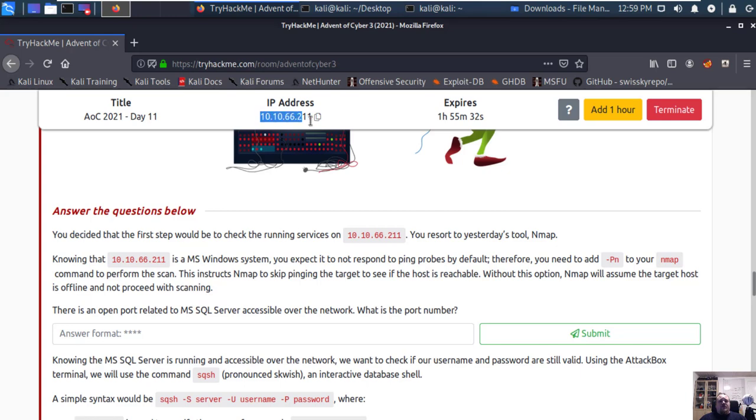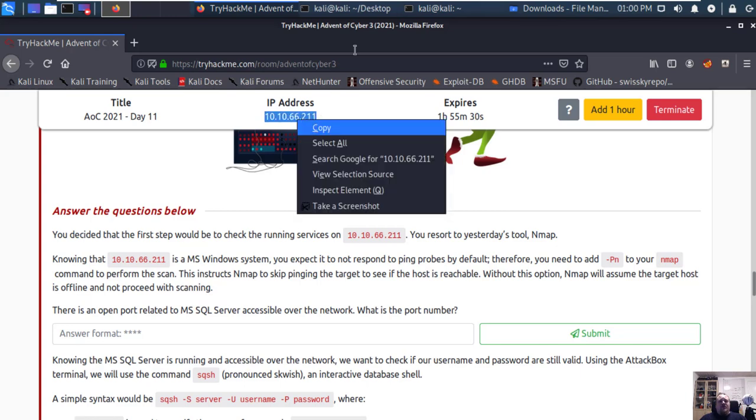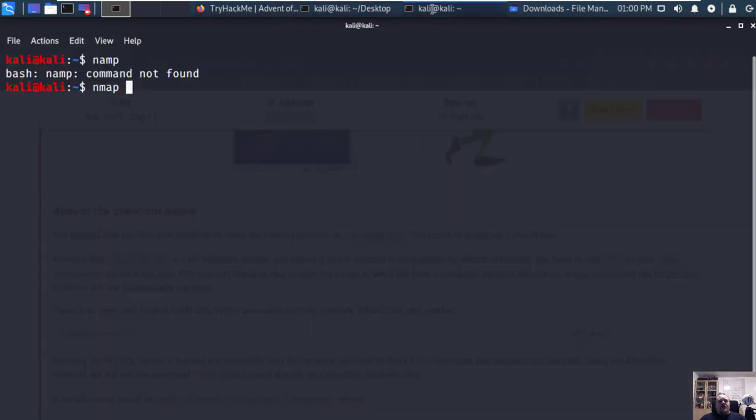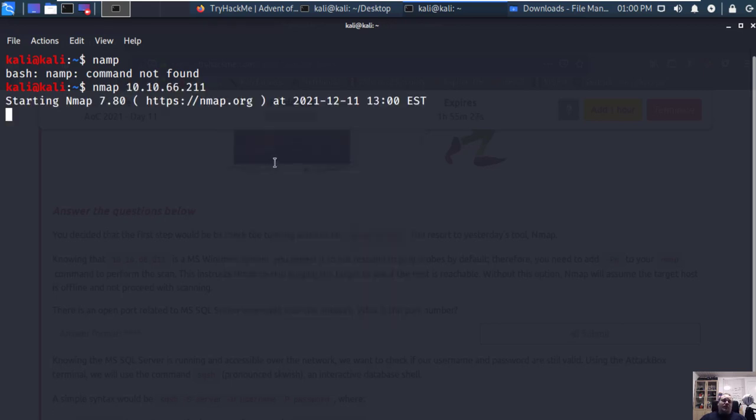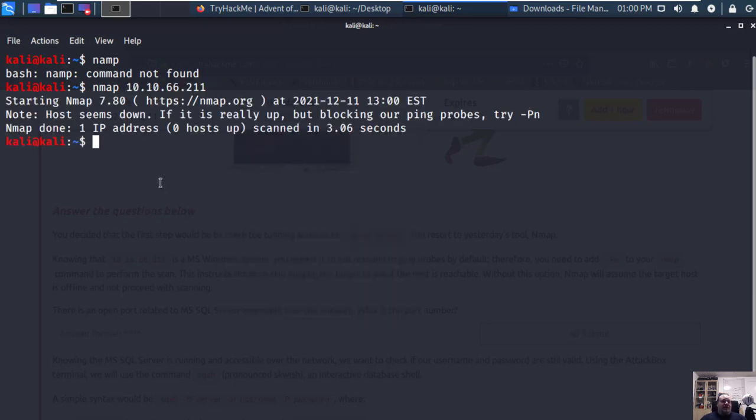So basically what I'm going to do is the same thing as I did yesterday. We're just going to try and scan the most common 1,000 used ports and see what we get back from that. Alright, so we're not getting anything back. What we do get is that this host seems down, but it's down, so we're gonna ping it, and ping is basically a